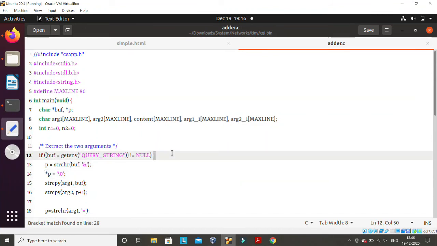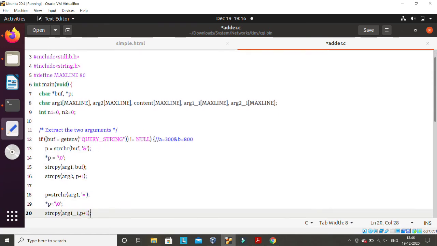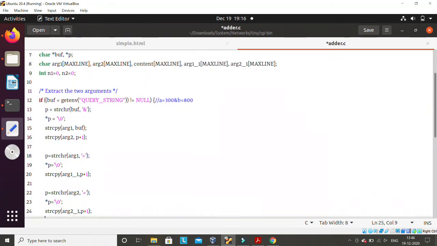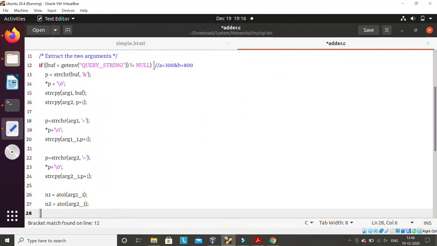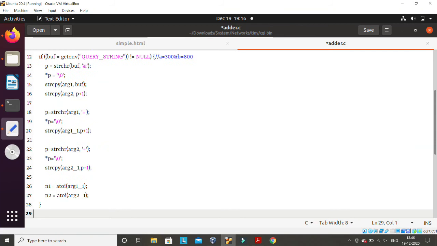So it means that here the content of buffer will be this: a equal to 300 and b equal to 800. How n1 and n2 are calculated from this string is very easy, and I'll not go into detail, but this code is not exactly the same as the code written in the book. So you can take a screenshot of it, or maybe you can pause the video here, and try to understand how I have modified this.